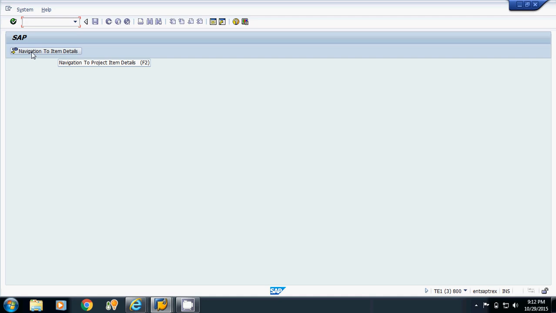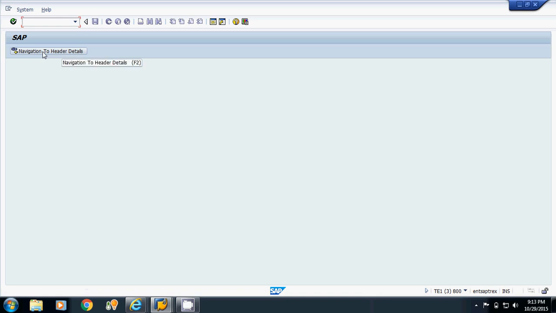Now when I click on this button, we have another screen, navigation to header detail. When I click on this button, again I am on my first screen. Now I will explain how this process continues. Suppose again I pass the transaction code, at this time the PBO event of screen number 100 is called. Now when I click on this button, PAI of screen 100 is called.